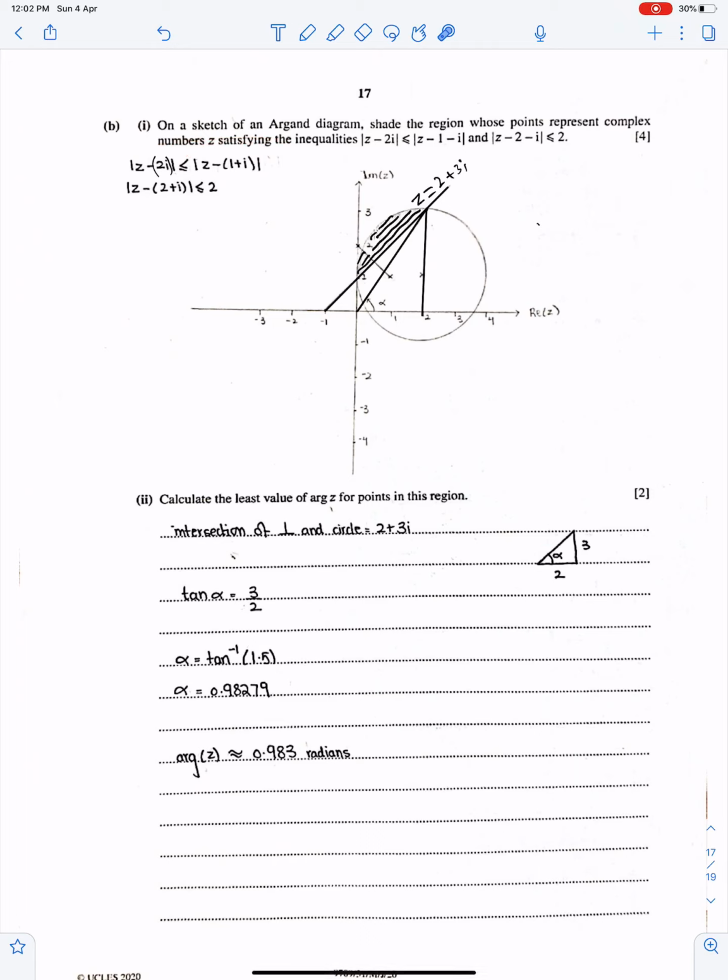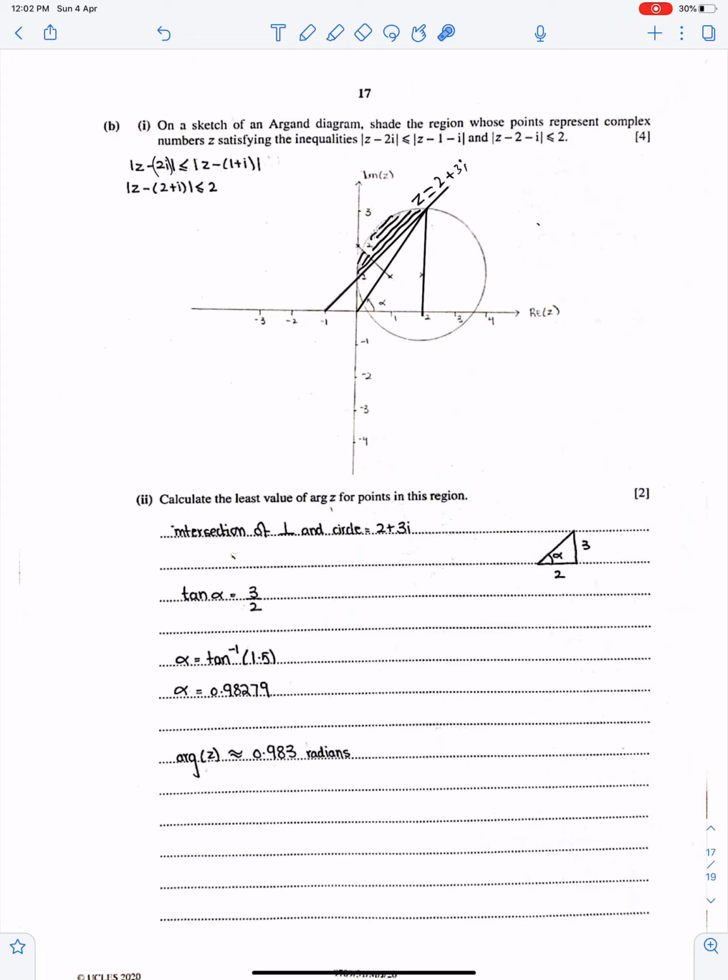And here you need to take the minus sign common from these two terms. So this is the inequality for the circle: a circle with radius 2 and center 2 plus i. This is 2 plus i and radius 2. And this is the bisector of 2i and 1 plus i. This is 1 plus i and this is 2i. So this is the bisector. And you need to shade this 2i side because this inequality is pointed towards 2i. So this is the required region.